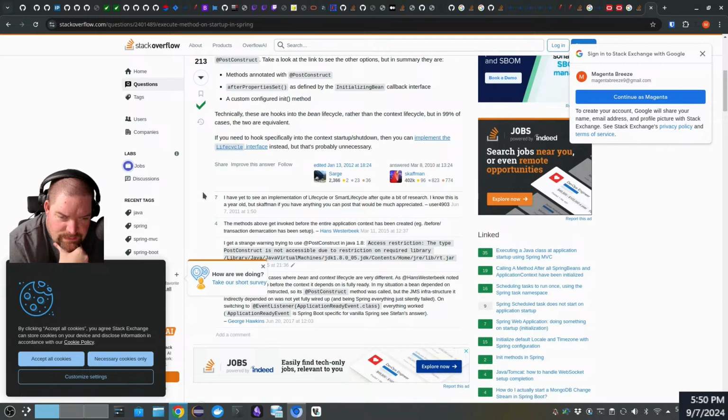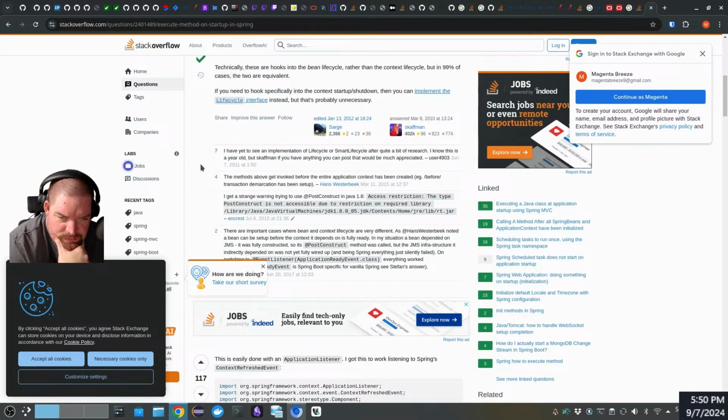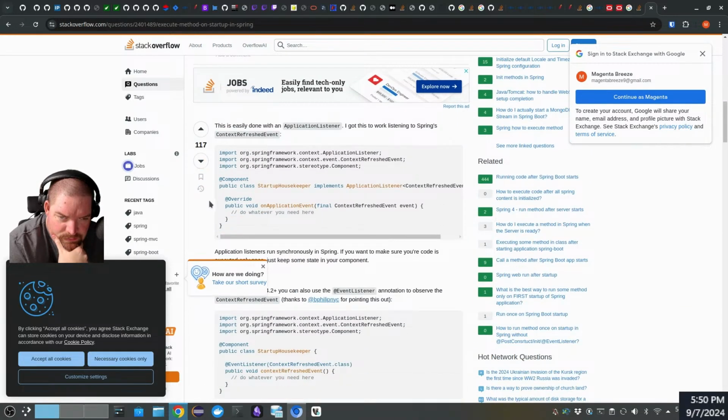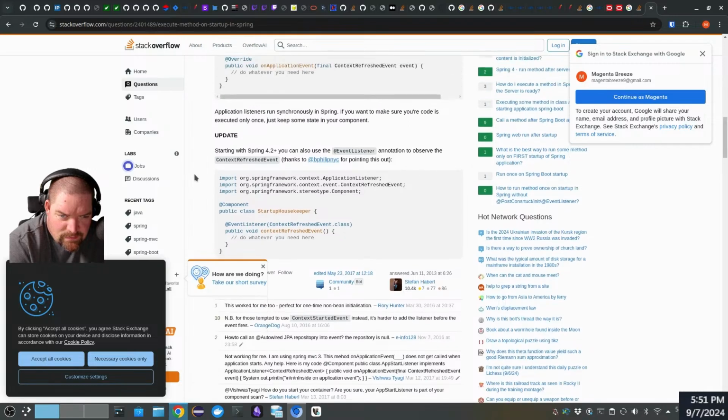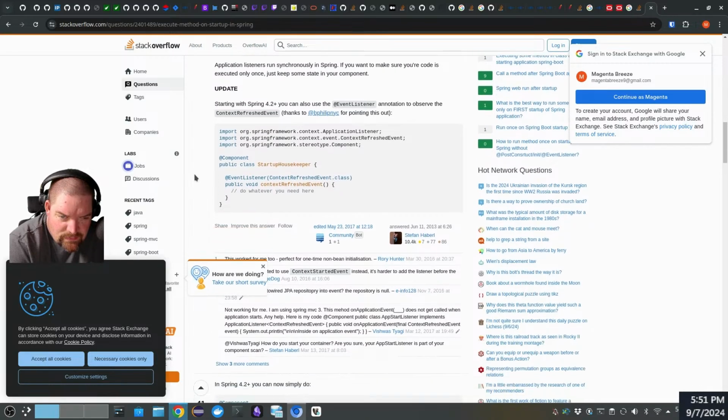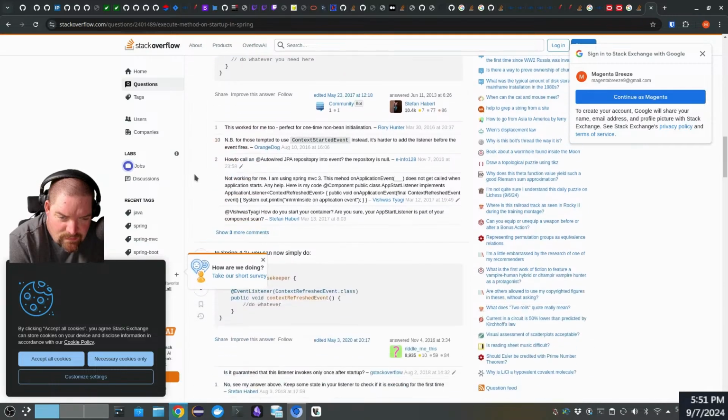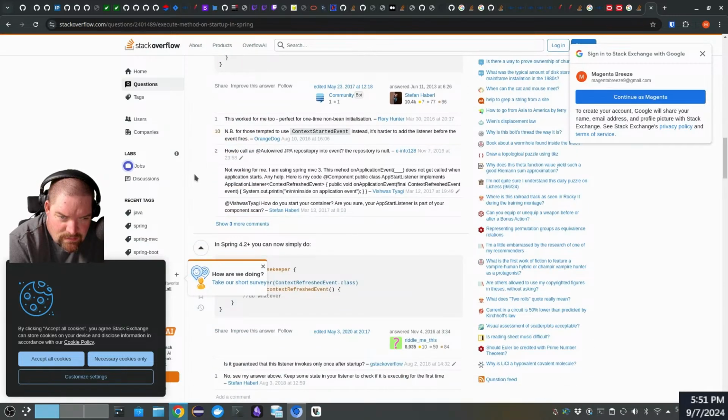Cycle interface. Context refreshed event. Also use the event listener annotation to observe context refreshed event. That's what I'm doing, but it's